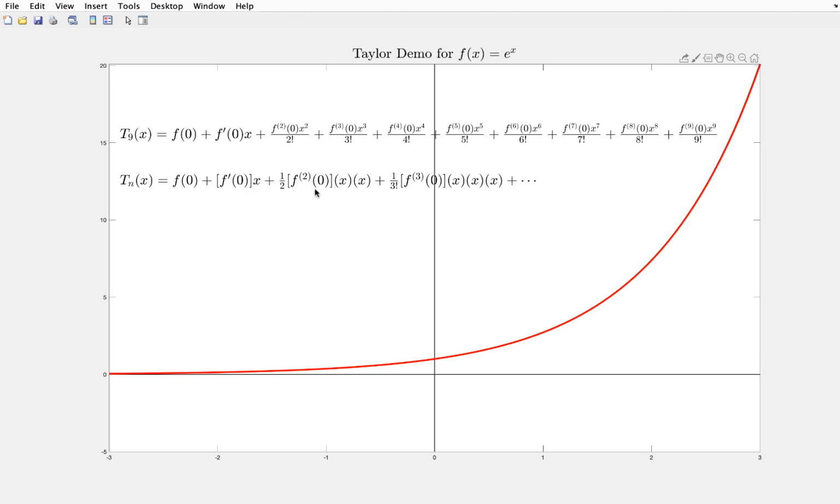But the second derivative has to multiply two elements from the domain of f. Here the domain is just real numbers, and x times x is a well-defined operation. So is the second derivative at 0 times x times x. And of course, the second derivative at 0 is a number, and this number is going to scale x times x. But if my function were operating on m-dimensional vectors,